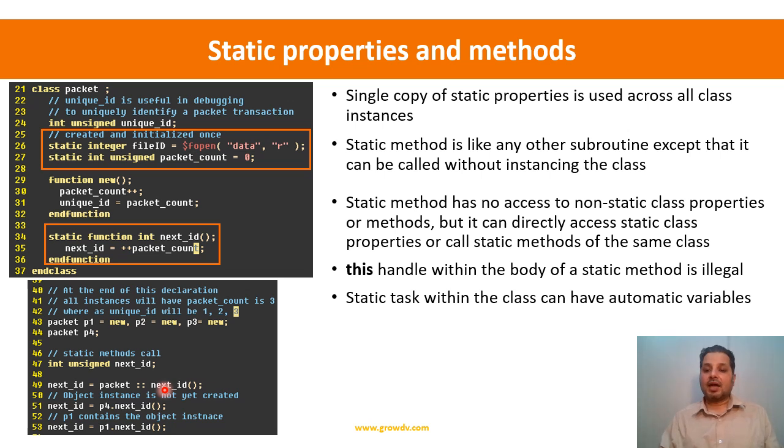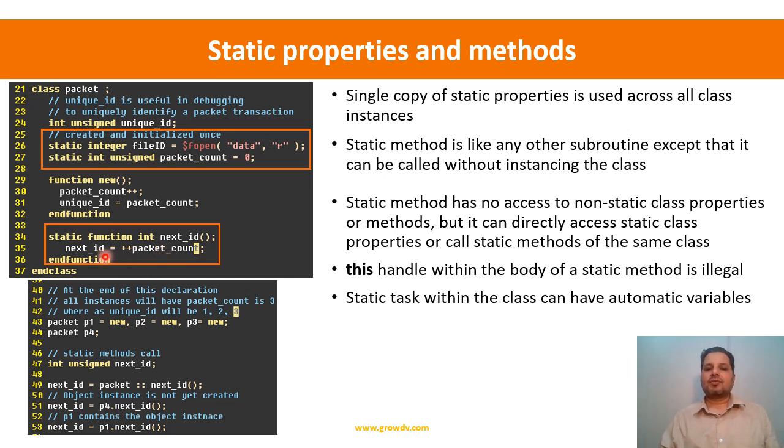This concept you will again see in UVM also. For example, UVM config db, we will be using it as a static class. We won't actually be instancing it. So this is a very important point, that you can create a class and then access the static method without really creating the instance. Now when you don't create any instance, the other non-static properties are not allocated. That is why you cannot access non-static properties within the static methods. Here we are accessing the packet count, but packet count is again a static type. But I cannot access a unique ID within